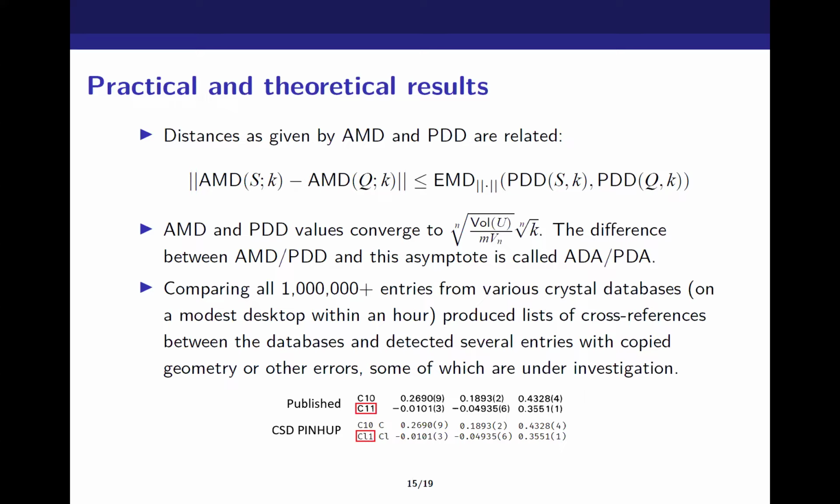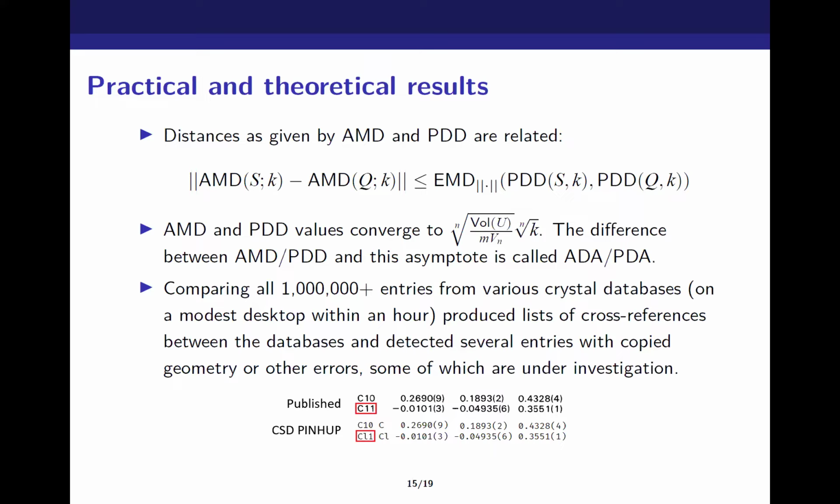And using mostly AMD, but also confirming with this PDD, we're able to compare many crystals from various databases. And we have lists of cross-references, which I'll show a plot of in a second. Yeah. And we've found a whole bunch of funny errors. For example, this one, I'll try and keep time because we want to see some maps, but I found this